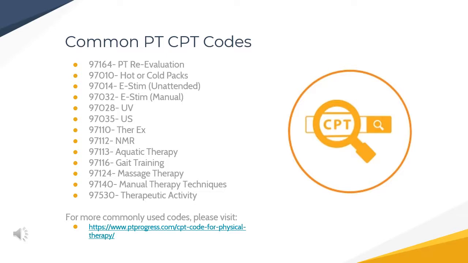I highlighted some of the most common codes that we as physical therapists would use in an outpatient clinic, such as modalities, aquatic therapy, gait training, NMR, TherEx, manual therapy techniques, therapeutic activity. There are also codes for evaluations and reevaluations, but I'll explain those later. I also provided a link below for more commonly used codes if anyone else is